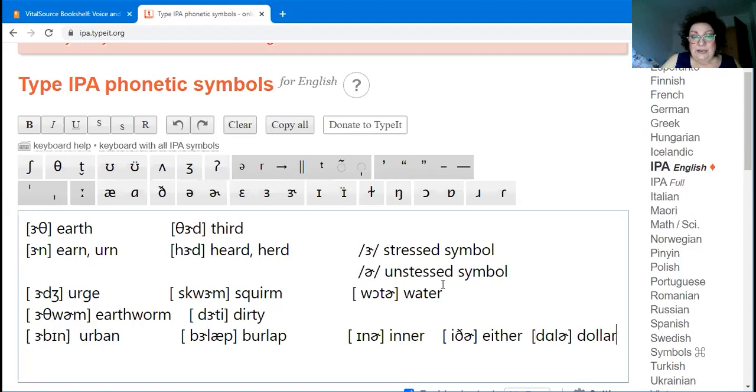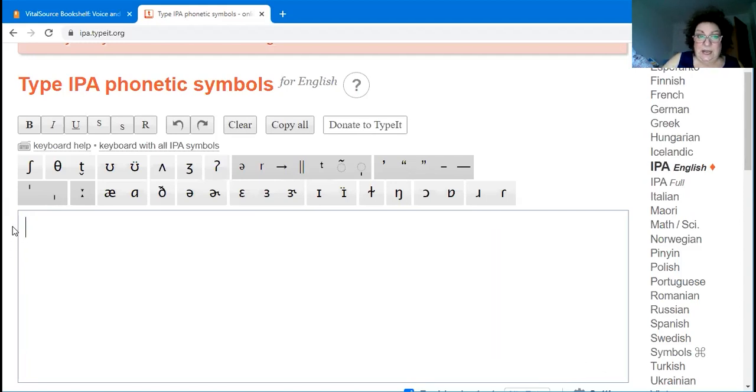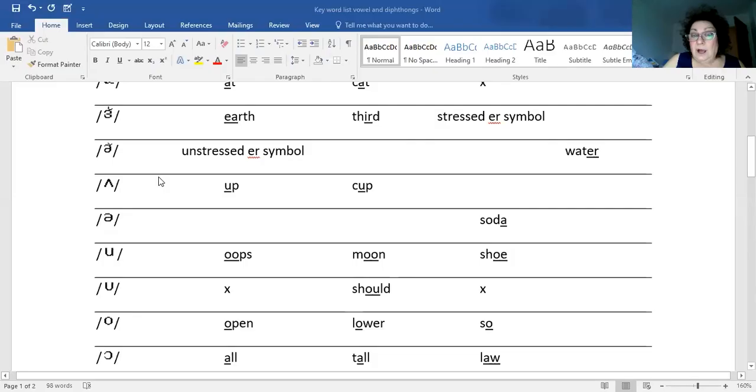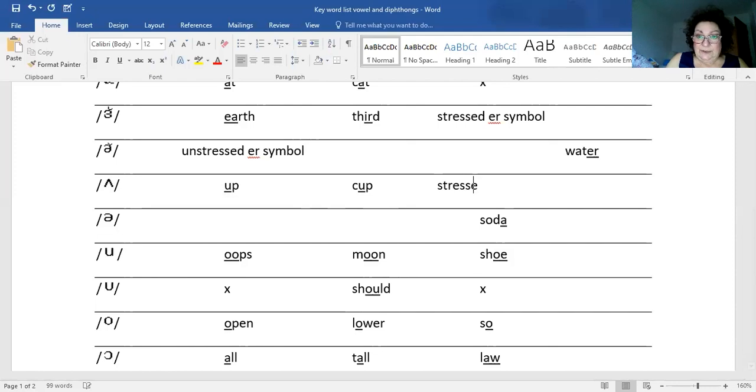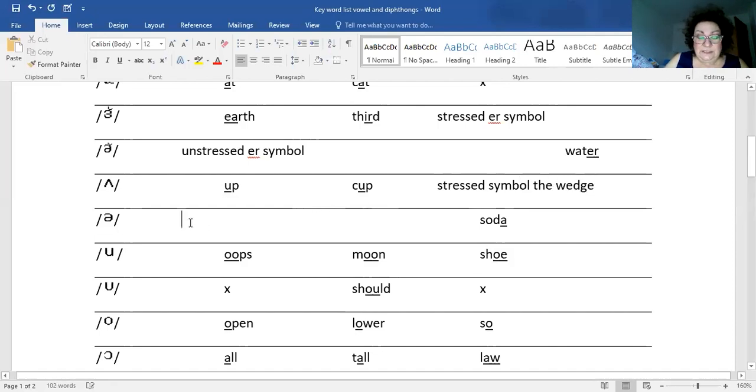We're going to continue now to the next IPA symbol, and it is very similar in definition to the one we just did. We have two symbols: a stressed and an unstressed. So this upside down V is the stressed symbol, and it actually has a name you need to know. It's called the wedge. And this is the unstressed